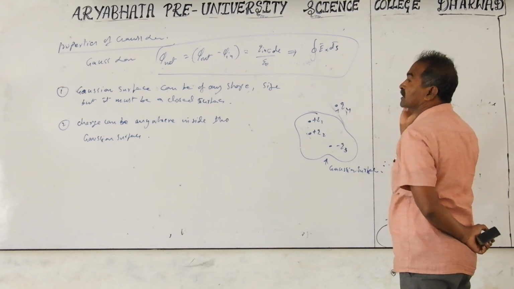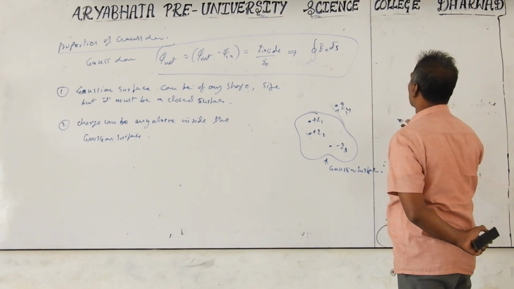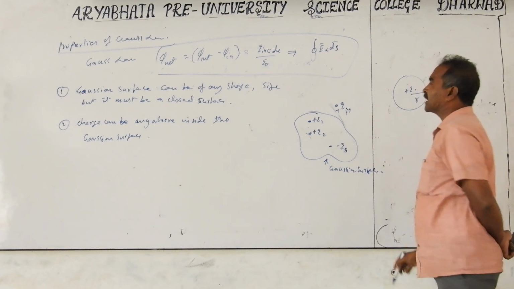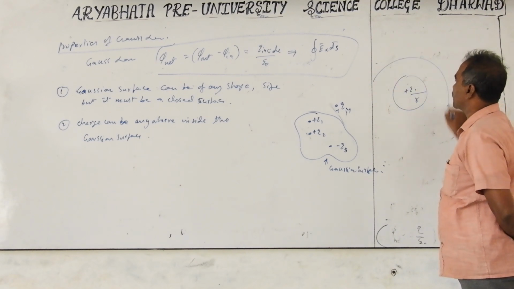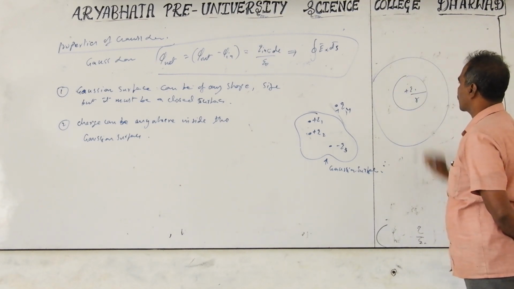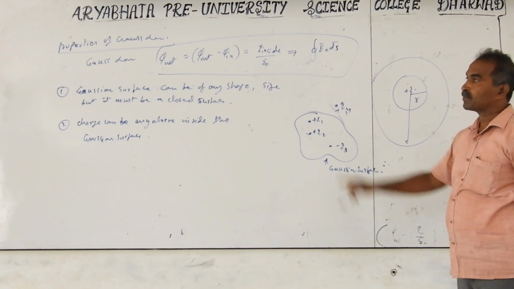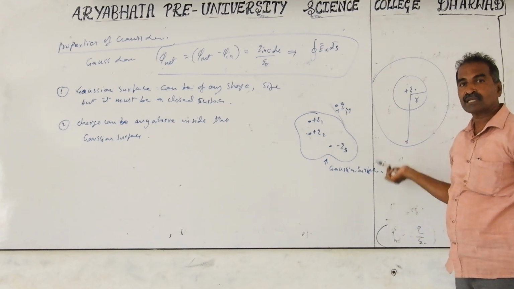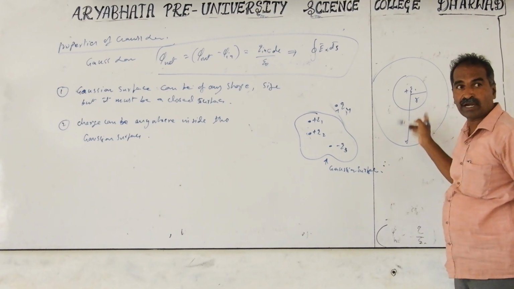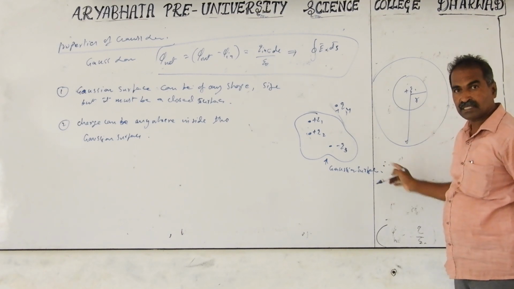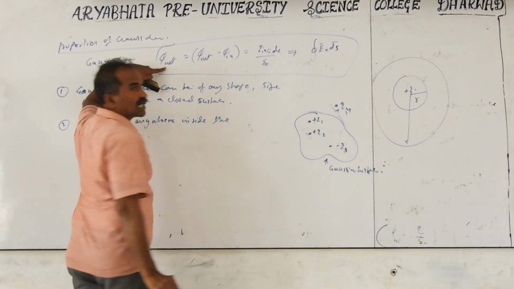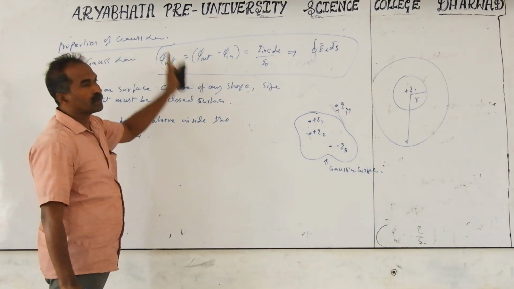In competitive exams they generally ask one more question. A sphere is taken of radius r. The charge inside is 2. What they did is they doubled the size of the Gaussian sphere. When the size is doubled, what happened to the flux or electric field? The charge is the same, so the flux is also the same. No additional charges are coming inside. Same charge, so the net flux will not change. It remains the same.